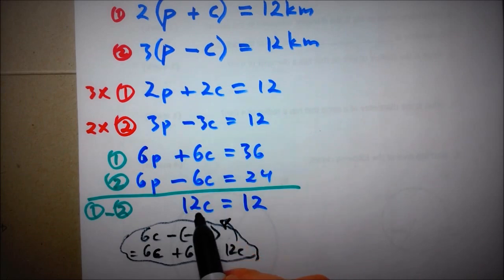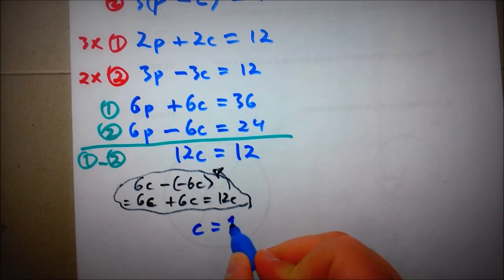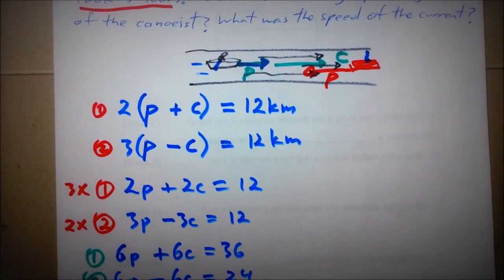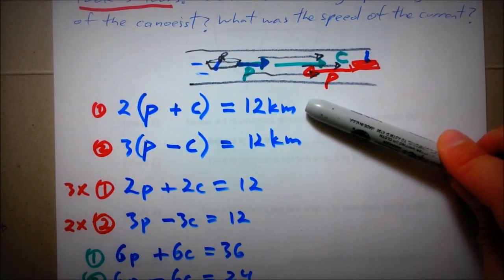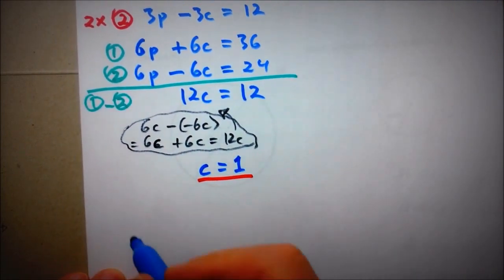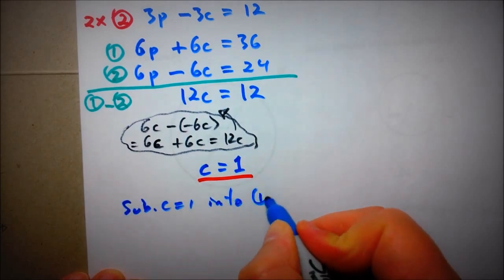now we need to solve for C. 12C equals 12, so therefore C equals 1, because 12 divided by 12 gives us 1. So that's the speed rate of the current. Now with this, we can find the speed rate of the paddler, the canoeist. So we take this and substitute it into one of the equations. I'm going to choose to substitute C equals 1 into equation 1. It would work even if you substitute it into equation 2. So let's do that. Substituting C equals 1 into equation 1, we get